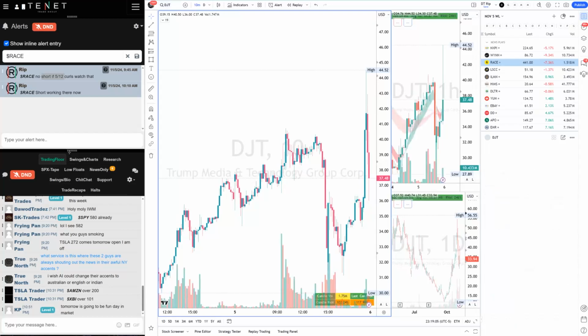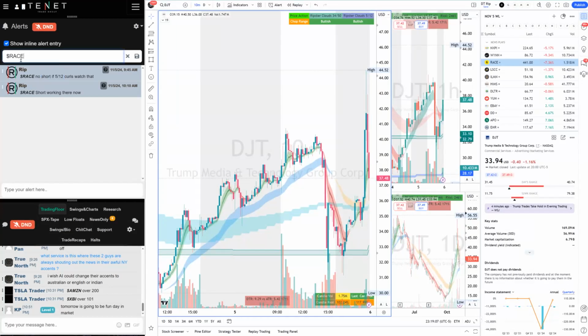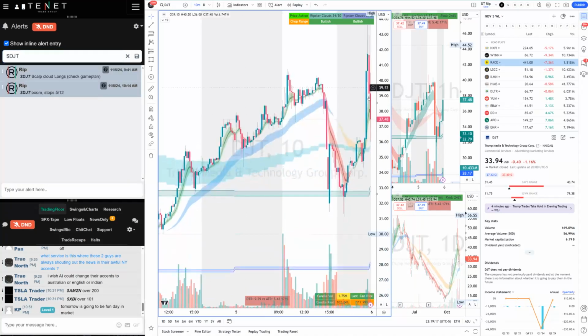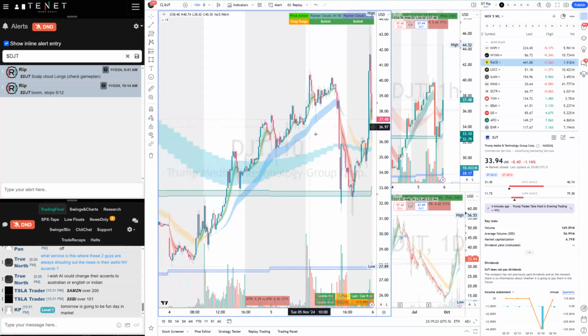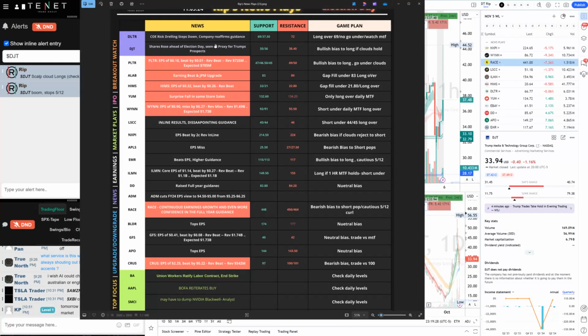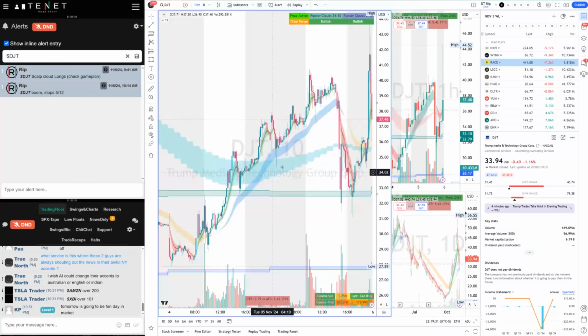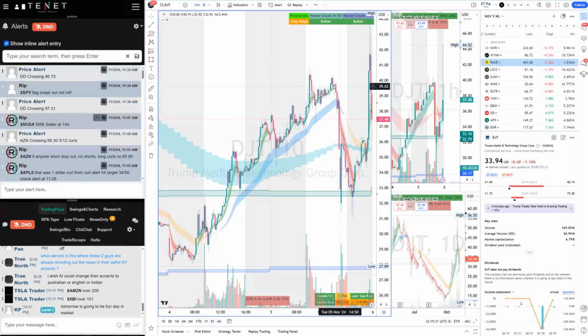The next one we're going to discuss is DJT. So DJT was also our morning long, but it kind of gave up at the end of the day. It pulled back, profit taking, risk taking, but you could see DJT was a decent long at the open. I mentioned the long scalp from this 37 area to 41. You could scalp that to make a little bit of scalp money, nothing crazy. It was right here on our top, bullish bias to long, and you could see that right at the open from 37.66, it pushed to $40. So DJT long was a decent scalp for the community.